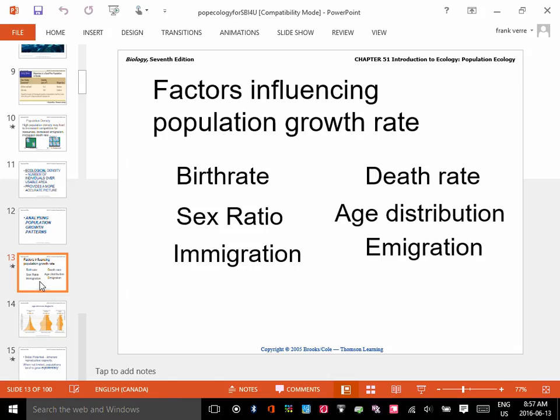If you have a lot of young individuals, that population can explode on you because those young individuals will become adults, right? So an ecologist might want to know when he's looking at a population of animals to see, like, are there a lot of kids? Are there very few kids? If there are very few kids, that population could crash in the future, right? What about sex ratio? Why is that important?